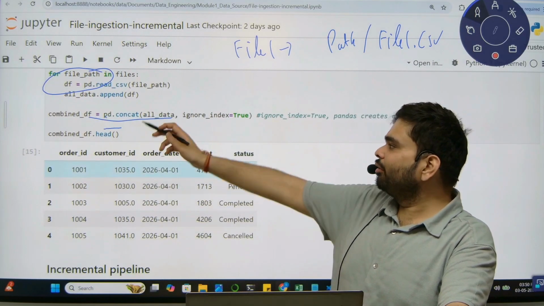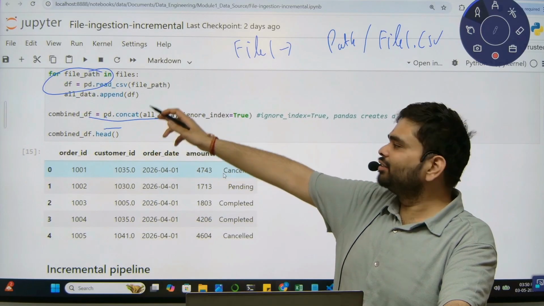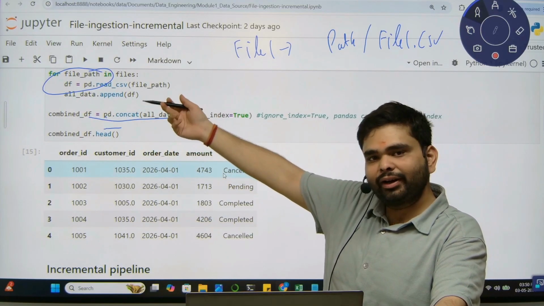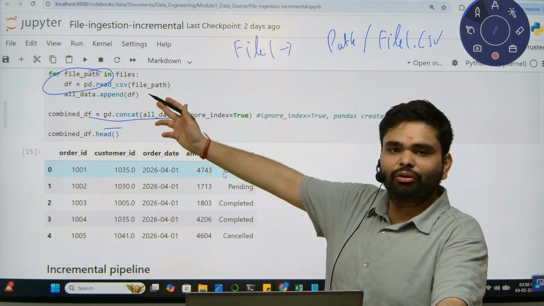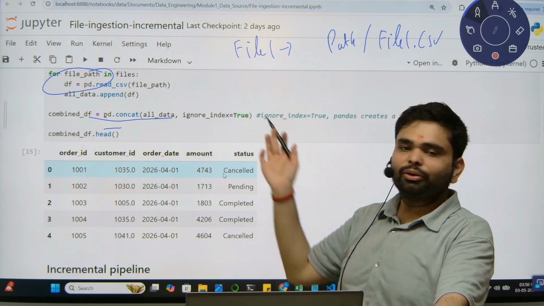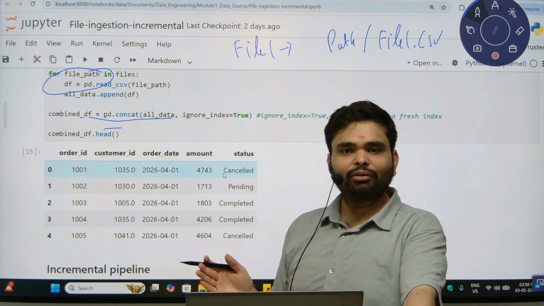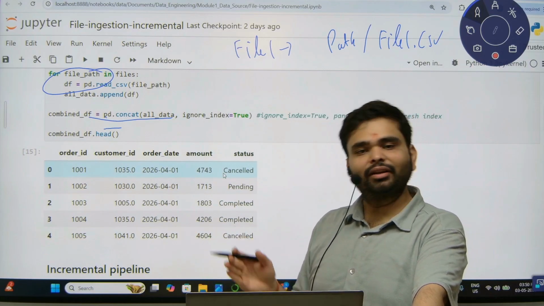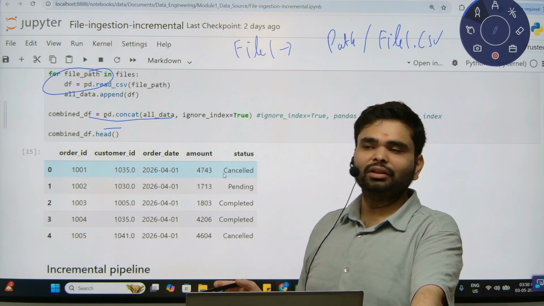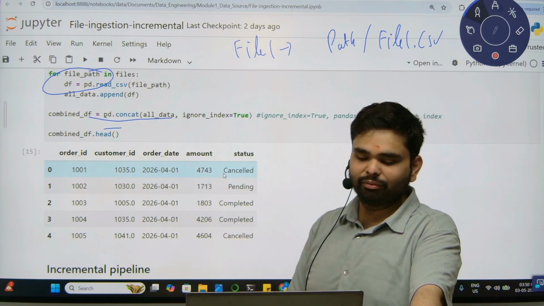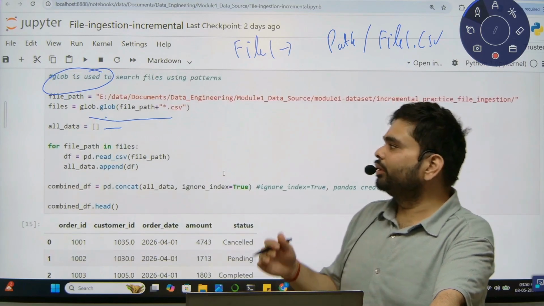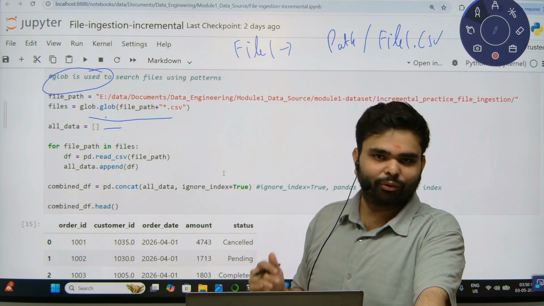Now we will append all the files together. It's your choice: if you want to append, you can append, or if you want to concat, you can concat, or you can take a separate data frame for each file. That is also possible, but we have to tweak the code a little bit. This is the concept of loading all the files in a folder.